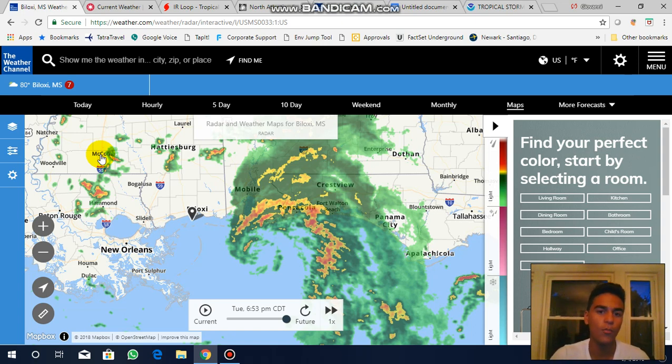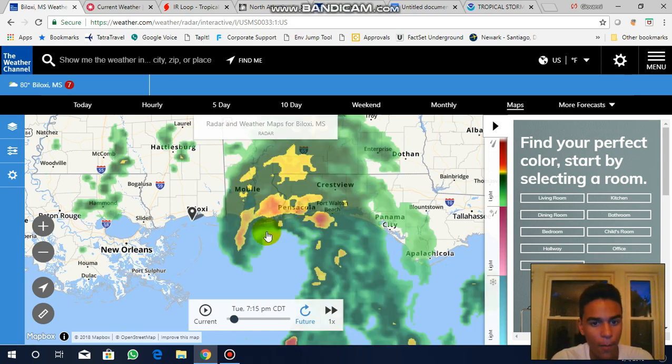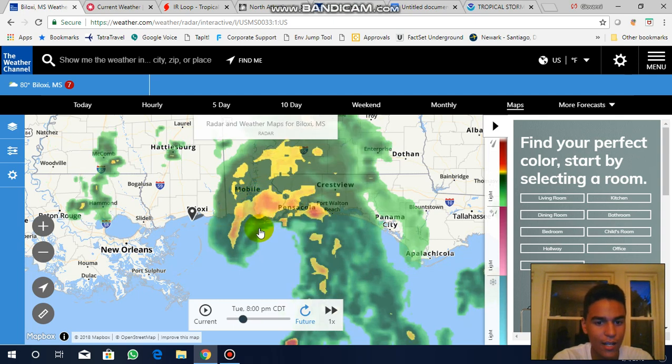Just because the storm moved onto land doesn't mean you guys won't feel the impacts, because you guys certainly will feel the impacts. And you can see that it's going to make landfall very, very soon. I'm going to show the future Doppler radar loop to show you where exactly most of the rain is going to be. So this is as of right now, and as we move into the future, 7:30 Central Time, 8